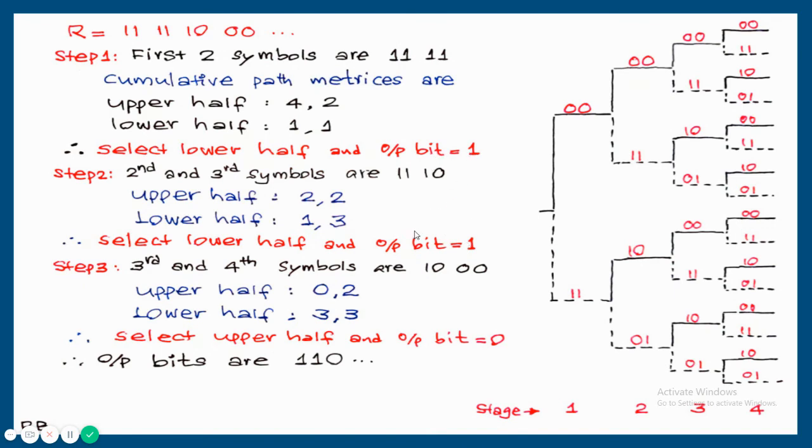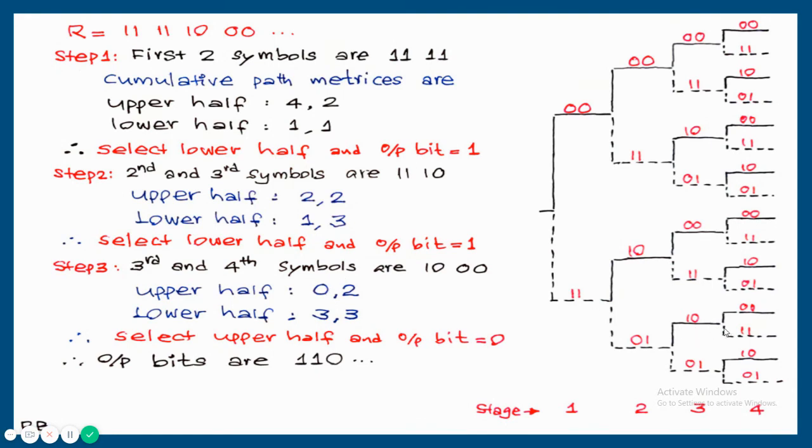First decoded bit is 1. Second decoded bit is also 1. Now we are here. From here we should go for the next decision. For that we need the third symbol and fourth symbol. That is written here. Third and fourth symbols are 1 0 and 0 0. Now from here we are going to make the next decision. Sorry, 1 0 0 0 and 1 0 0 0. There is no difference. The metric is written 0.